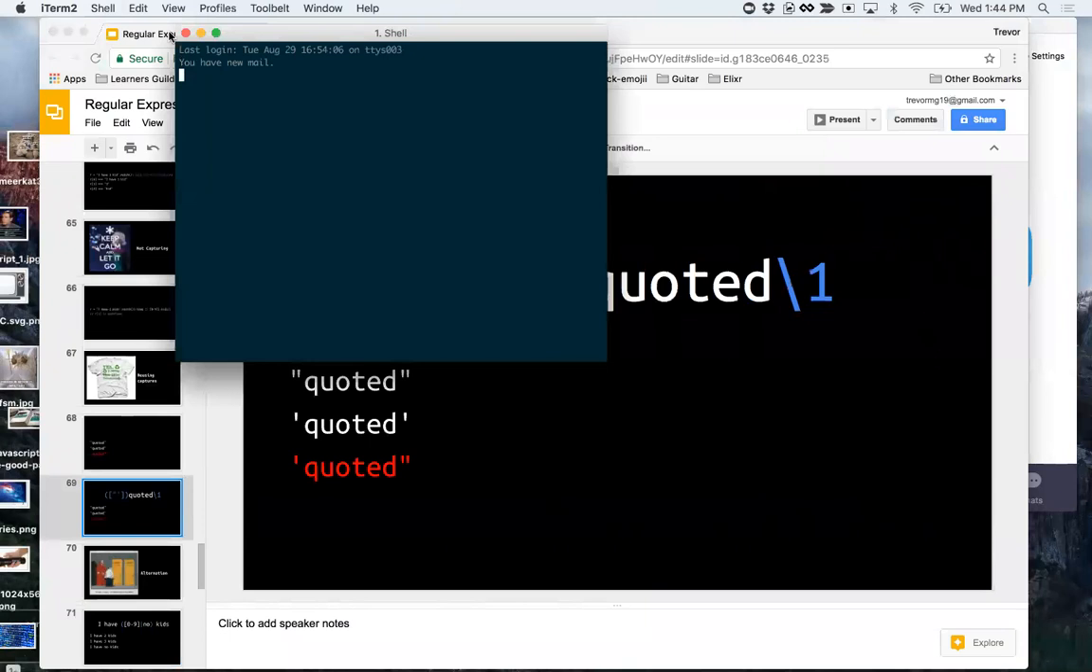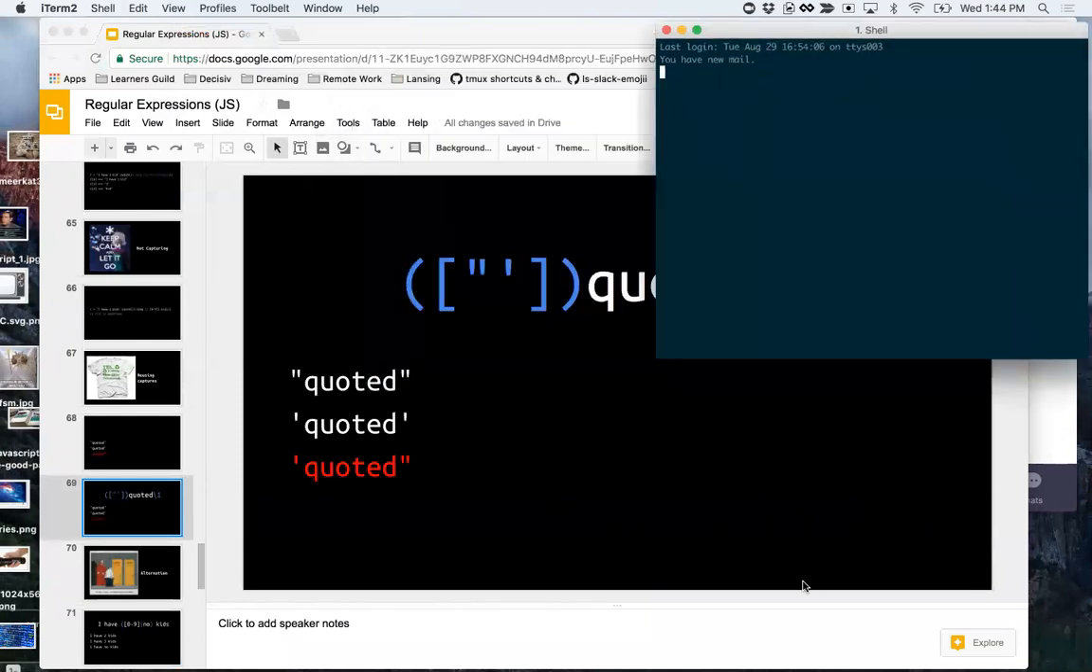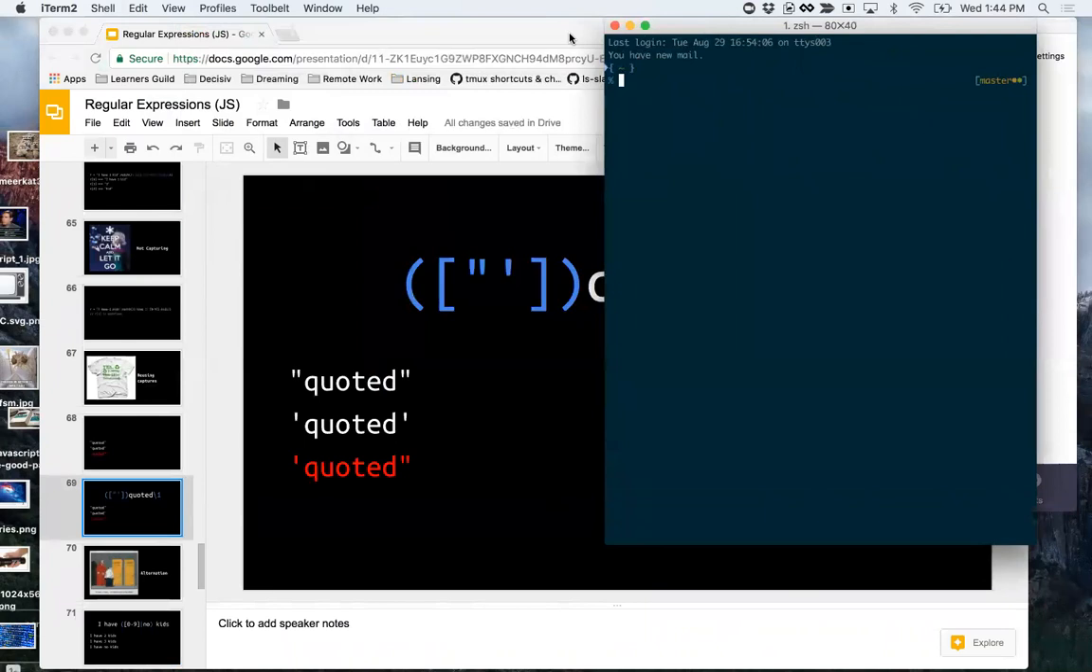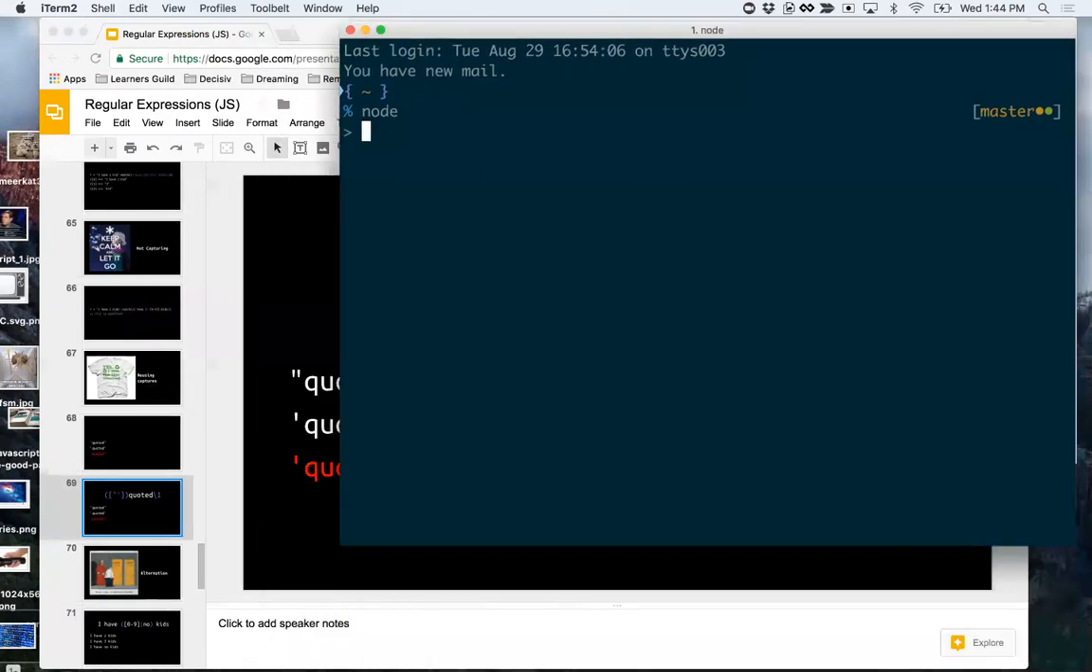Let's do this. So let me get this a little bit bigger. Okay, so let's just open a node console. So let's say I have a string. String 1 is just going to be